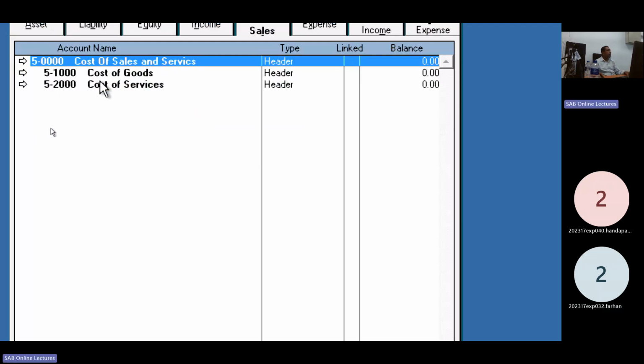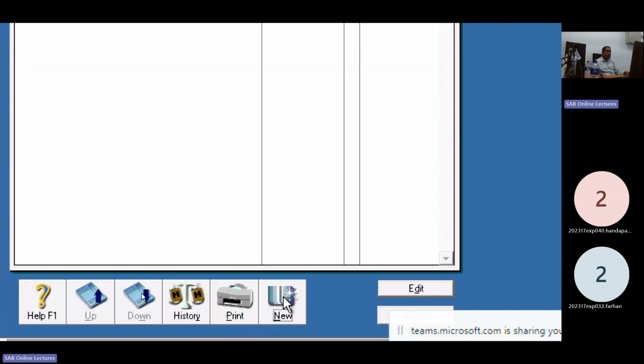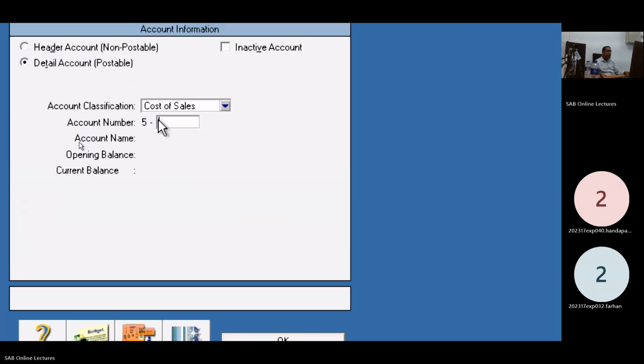Then under cost of goods, there are three accounts: cost of goods sold, stock loss account, and freight inward account. Create the sub accounts. New, cost of sales 1,100.